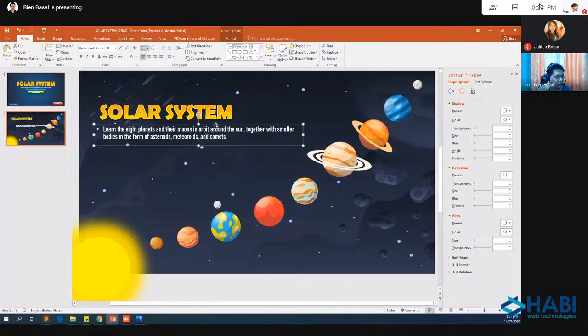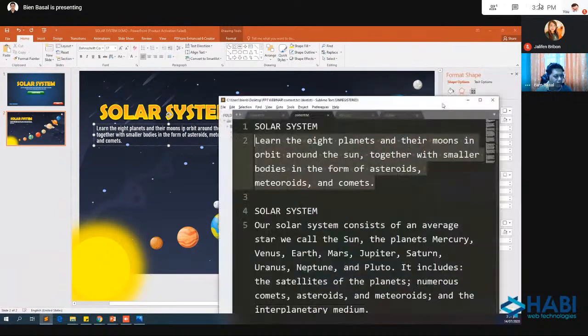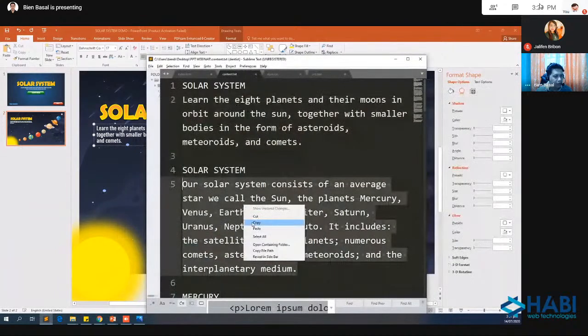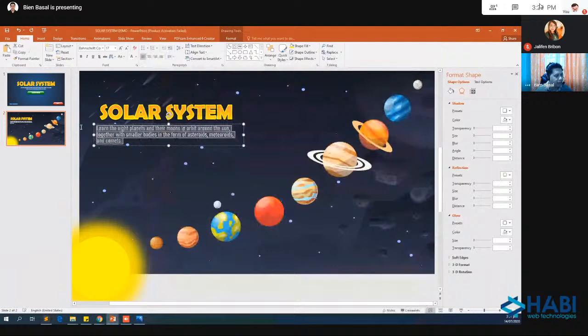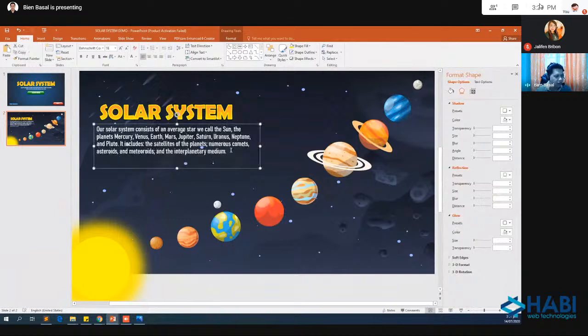And actually, I have a different description for this solar system, which I also included in your text file. This one. I will copy this and remove here and paste. Control V. Just increase the container para mag-increase yung font. All right.